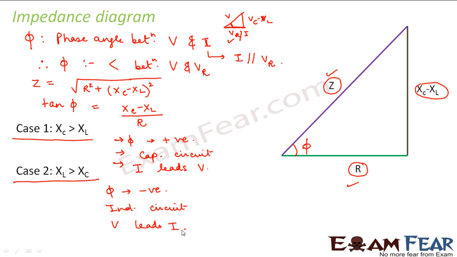So this was all about a series LCR circuit. I hope you understood. What are the things that we studied about the series LCR circuit? We saw that if we apply some voltage, V equals Vm sin omega t, the current in the circuit will be Im sin(omega t plus phi), where phi will define whether the current is in phase with voltage or out of phase, and if out of phase, then by how much. The net resistance of the circuit is defined by impedance, which is given as root over R square plus XC minus XL whole square.